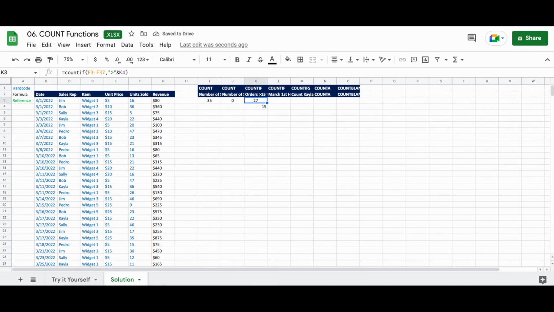And so now we see in K3 the number 27. What that means is that there were 27 orders in March that were for more than 15 widgets.